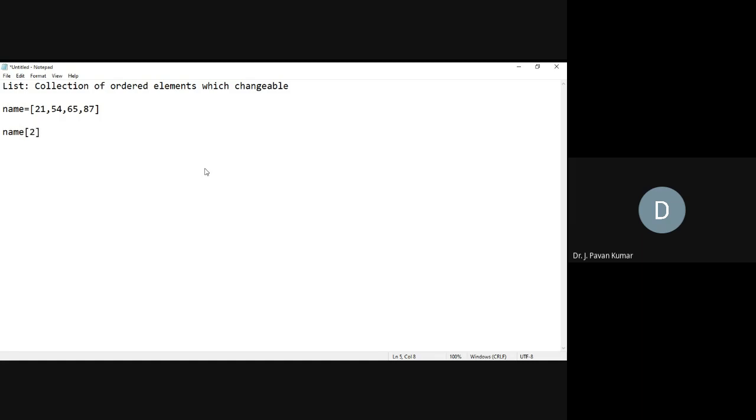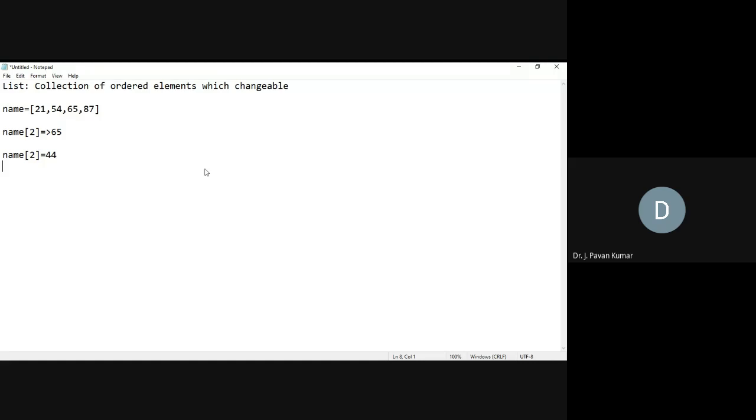Name of 2 is 65. So we can access an individual element by using the index. In the same way, we can modify it as well. Suppose I assign name of 2 as 44, then it changes automatically. The list will be 21, 54, 44, 87.